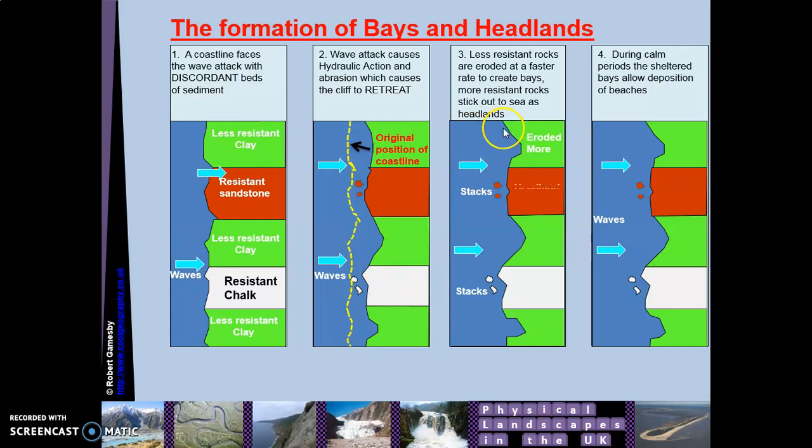Number 3, what happens then is that as it continues to retreat, you then start to get really obvious bays forming. So you can see that in the green areas here, and then really obvious headlands forming in the white and the brown. Then finally, number 4, what can happen, and we'll talk about this at another stage, is that in the bays you're going to get deposition happening, and that's because the bays are slightly more sheltered than the